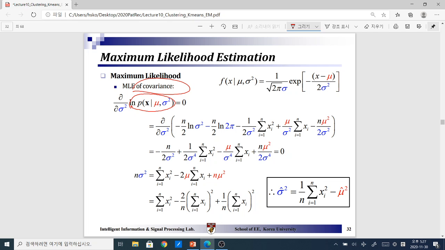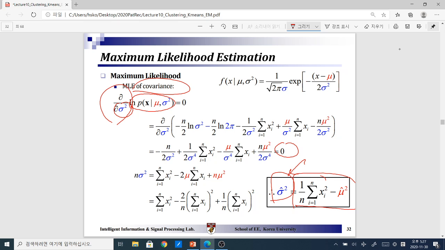So we take the natural log of the likelihood and then take the partial derivative of this log likelihood with respect to the variance and set that equal to 0. And then we solve for the variance or covariance. In the case of, let's say, one-dimensional samples, let's just assume that it's a one-dimensional sample, so that it's going to be variance. So the variance is going to be equal to this,